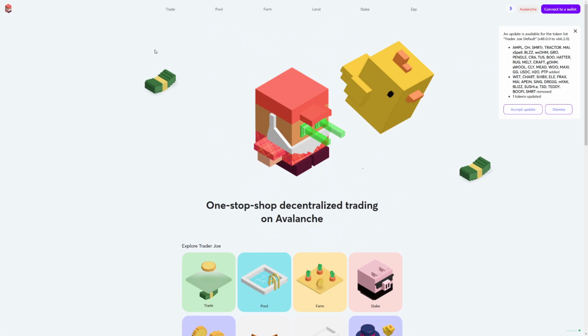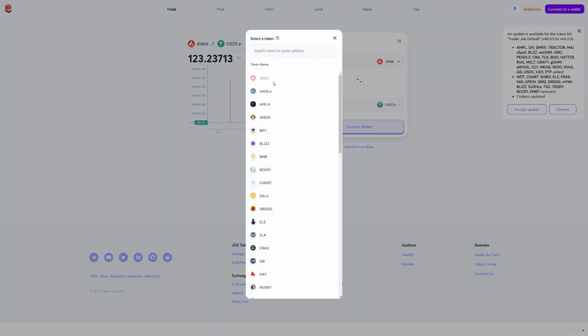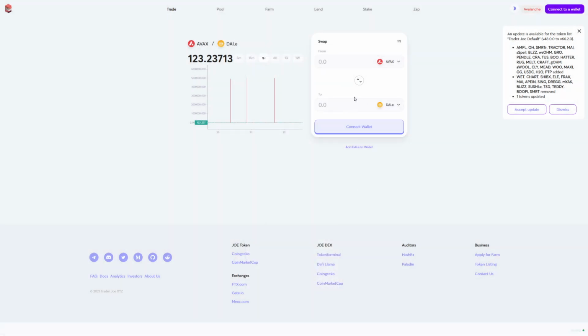So the central mechanism that you can use inside Trader Joe is the AMM exchange, with a very simple interface where you can swap whatever token you want towards another token, and you also get a price chart in here, which is pretty straightforward for every exchange. In this case, you can swap from AVAX to USDT, or from a different coin towards DAI. You have to connect your wallet through any wallet that you can build into your Chrome, but it's a very easy to use exchange. A fee is taken per trade, which is 0.3%, comparable to Uniswap, and